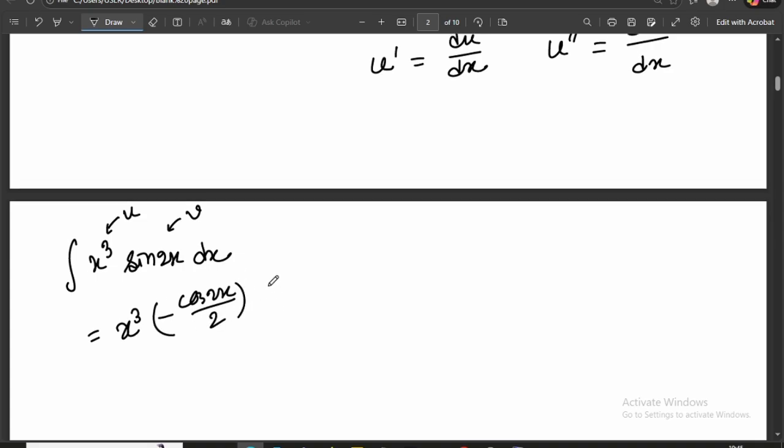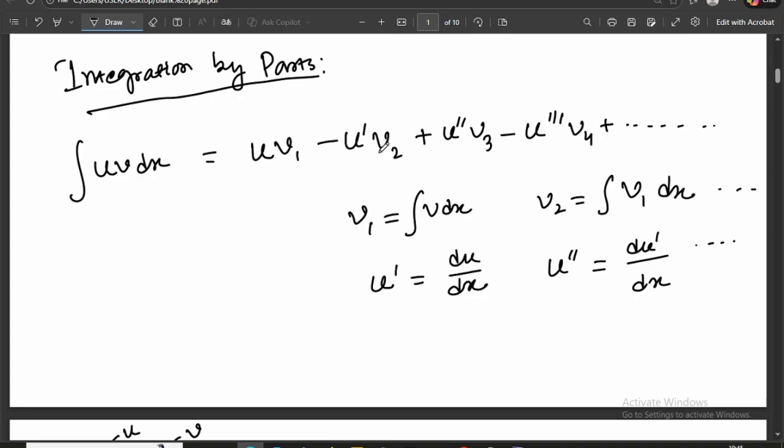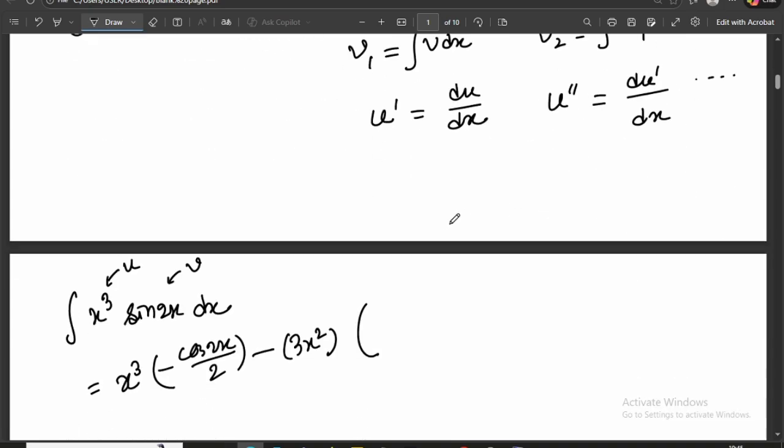Then we have the minus sign, minus u dash v2. U dash means the derivative of x cube, that will be 3x square, and then v2 means the integration of v1, that means we have to take the integration of this, so it will be cos 2x. Integration of cos 2x is sine 2x, and we already have the minus and we have 2, so it will be 4,